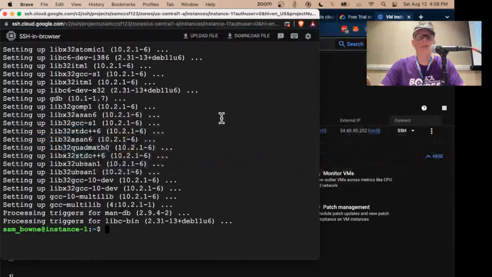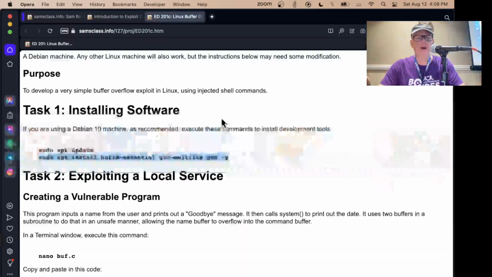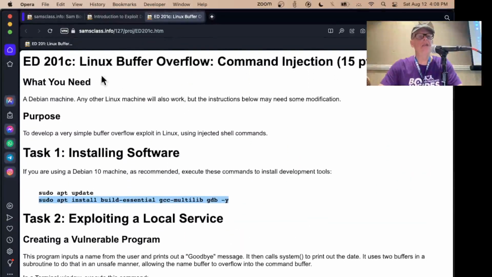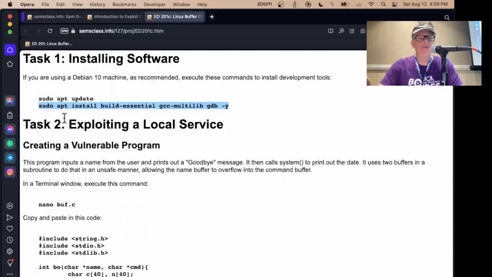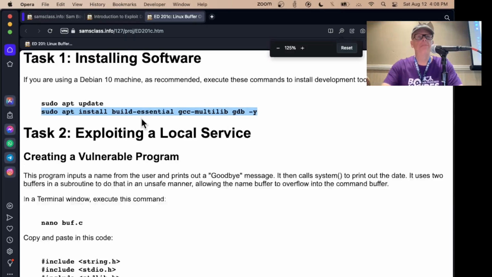Linux exploits. I'm here at ED201C; the cloud version is fine. First you have to install some stuff like GCC Multilib. The Build Essential package gives you compilers, and all we care about is the C compiler. GDB is the debugger we're going to need, and Multilib lets us run 32-bit code on 64-bit hardware on Linux,